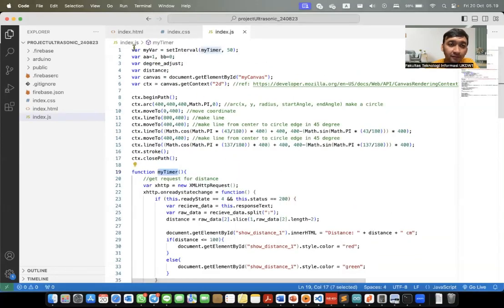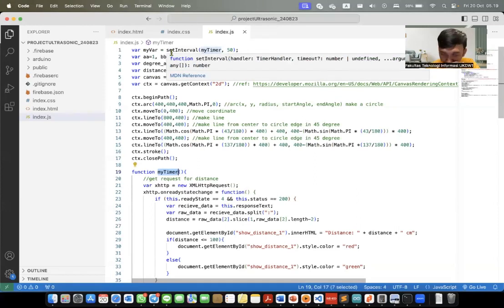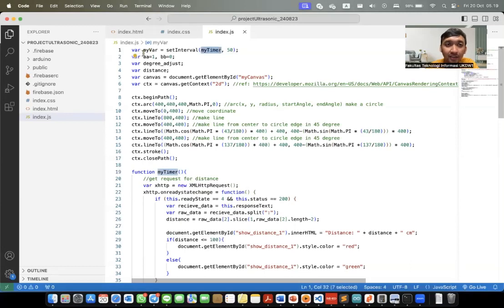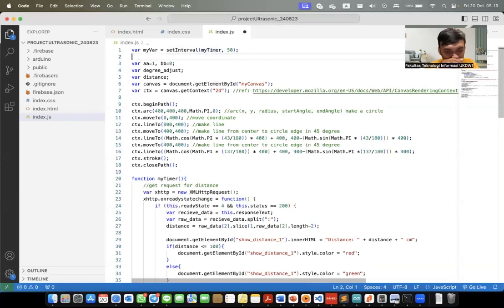For this system, we activate a timer in the JavaScript. Our website will refresh to get the sensor value at an interval of 5 milliseconds. The timer will quickly refresh to get the sensor value from Anto.